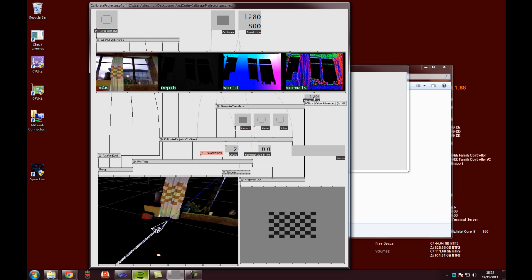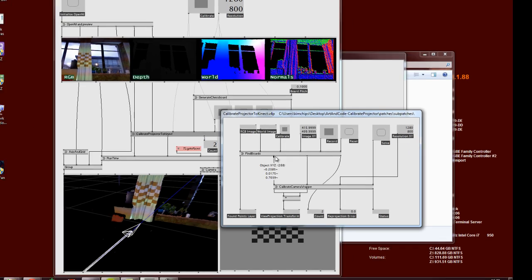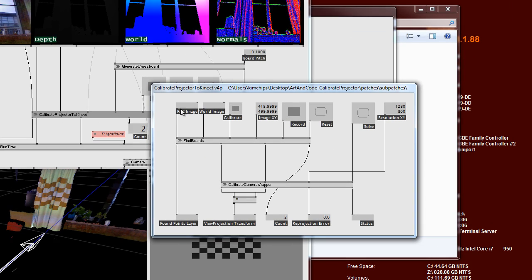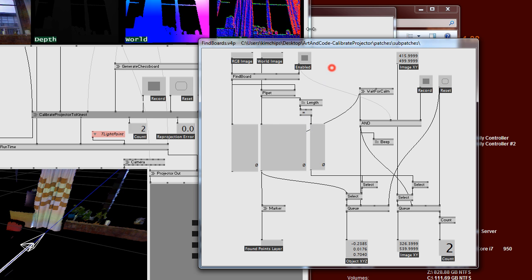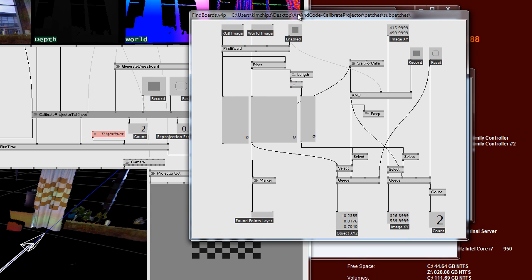Okay, so the way this thing works is inside here, this is accepting the RGB image and the world image, being this one, and the RGB image being this one. It's accepting where the points are within the projector, and then it's got some controls. So if we look in here, we've got this data set which is going to get built up, and the data set is, if I just make a recording now and show you,